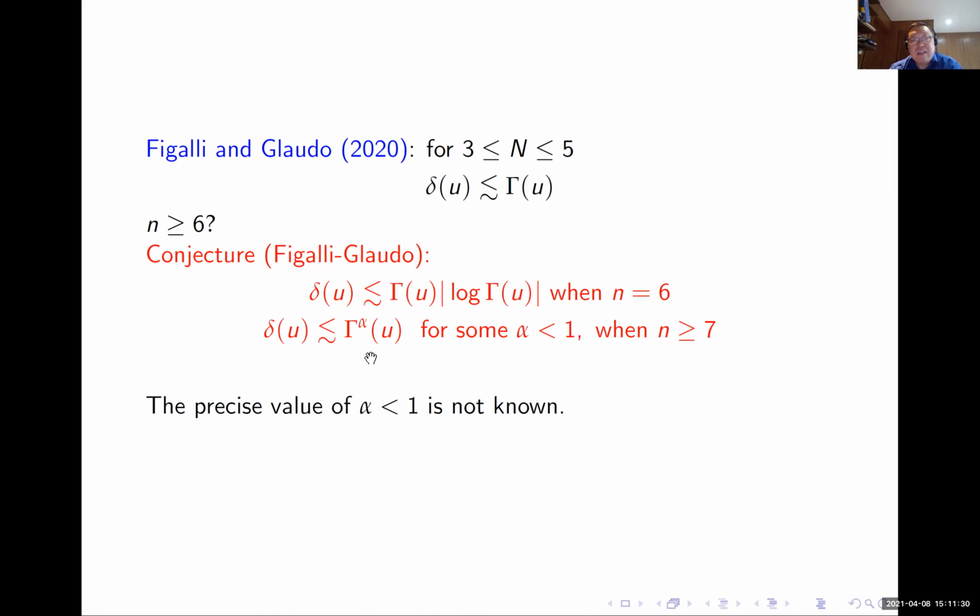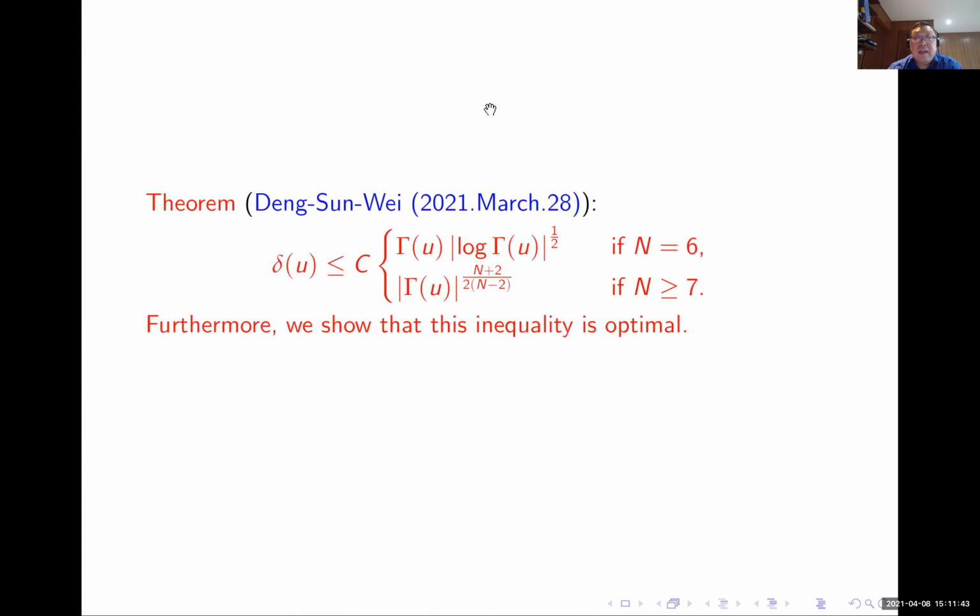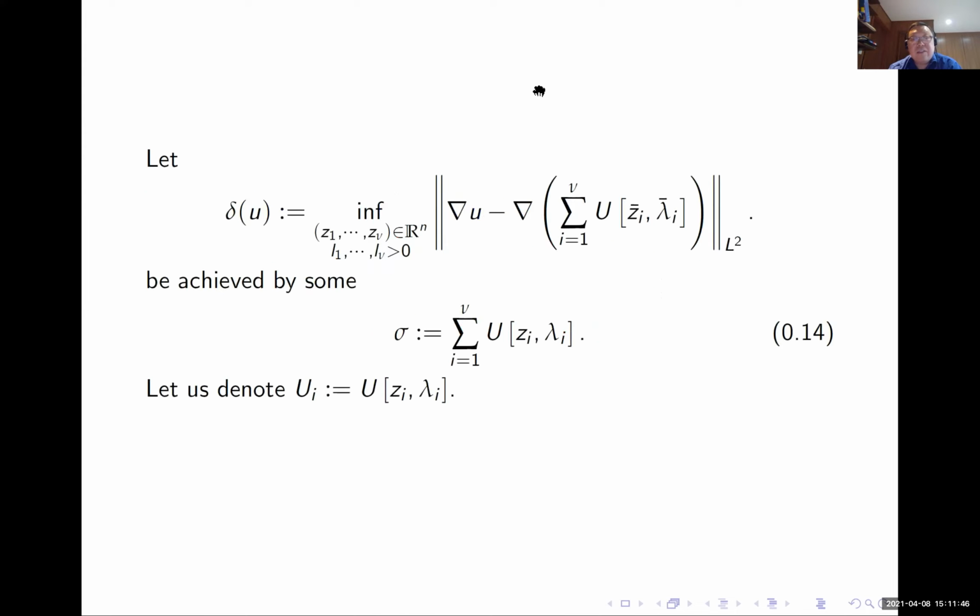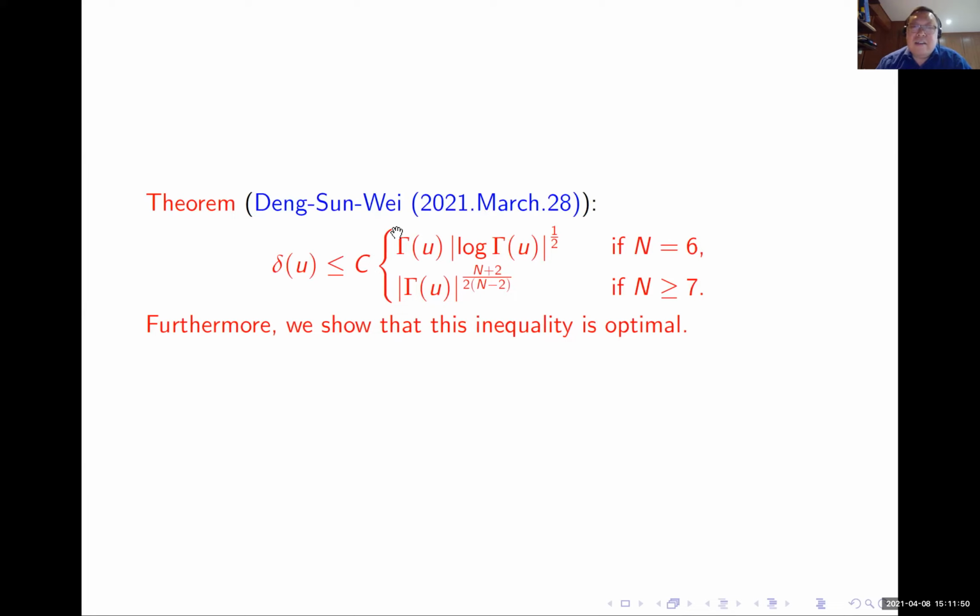But the precise value of alpha is not known in the conjecture, because it's quite complicated to compute these two quantities. So in a very recent work, just last week,